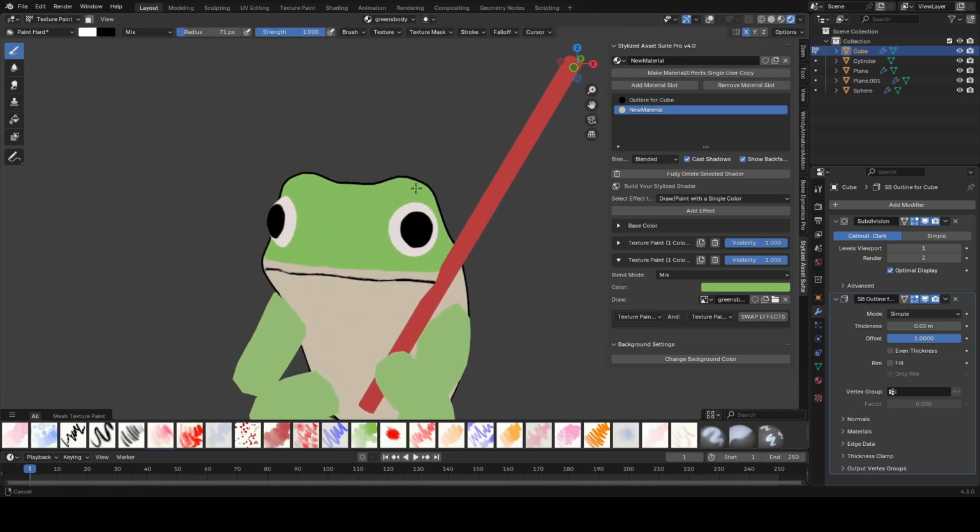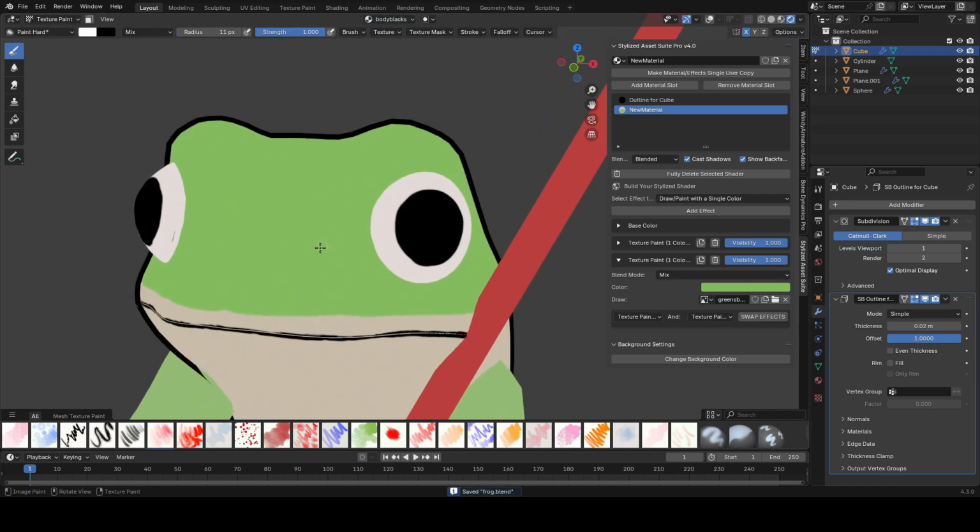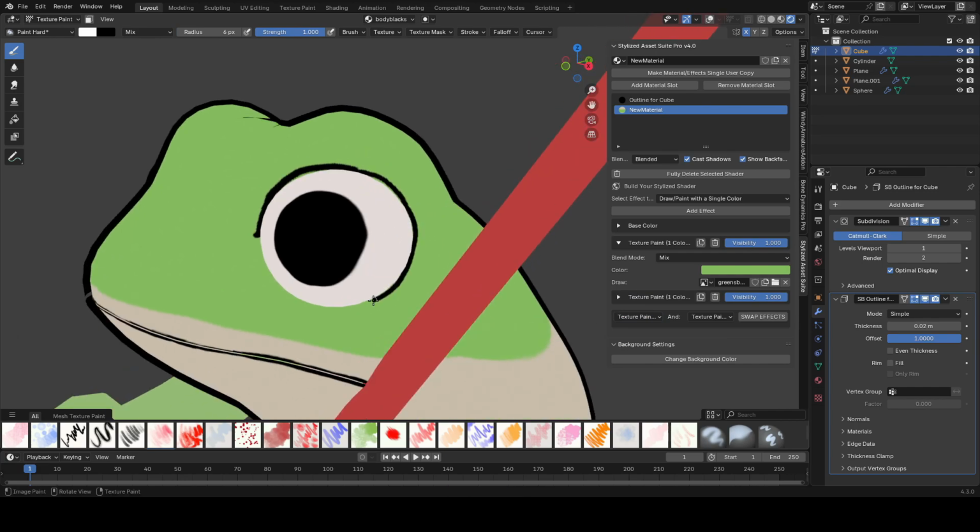Now I want to draw an outline around the eye, but you can see when I draw with our black's image texture, nothing's coming up, and that's because our black texture paint effect is before the green one, so I'm just going to swap the effects so that the black one comes after, and now you can see we're drawing on the green instead of behind it. And now I'm just going to draw a nice outline around the